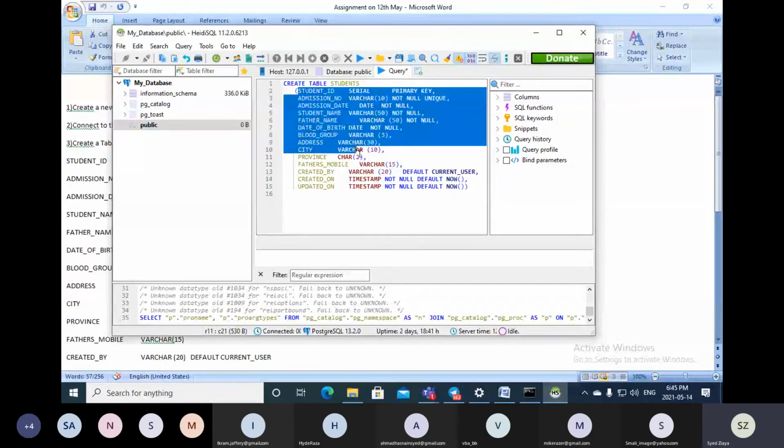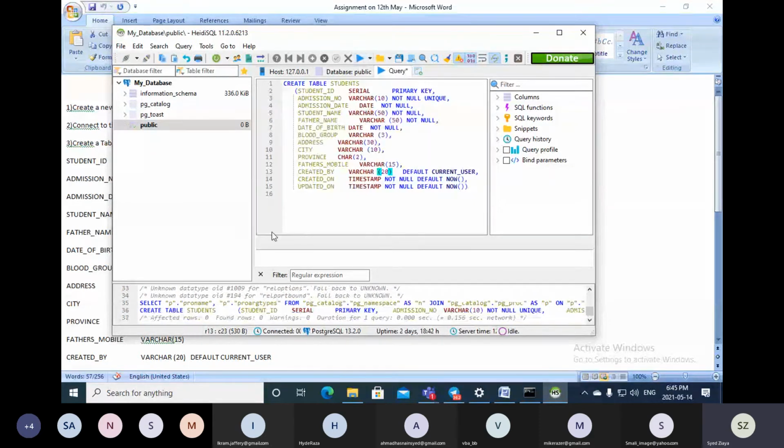So I click execute. When I click execute, here it says create table. This is the window. It is showing me the status of the execution. So it says duration for one query. It has executed this, by the way. So when we go here now,